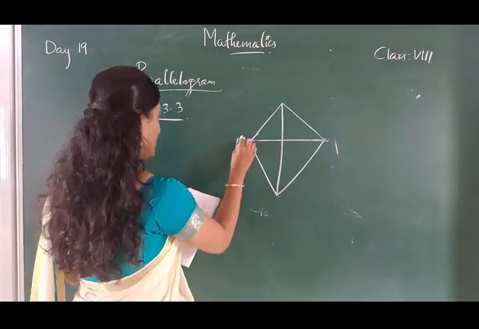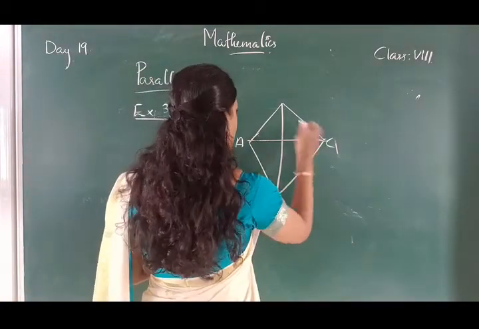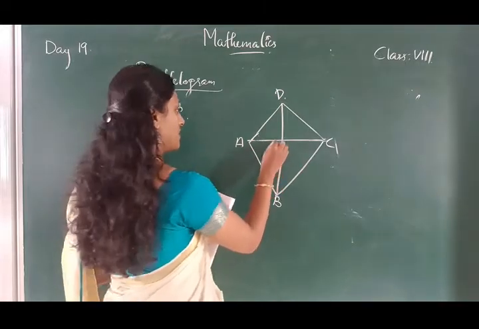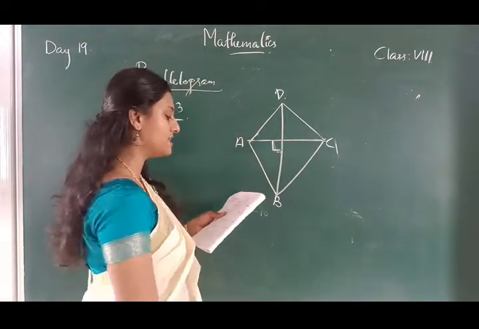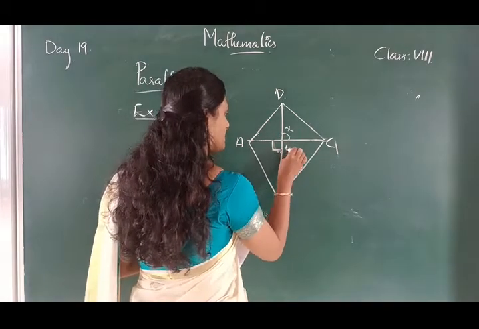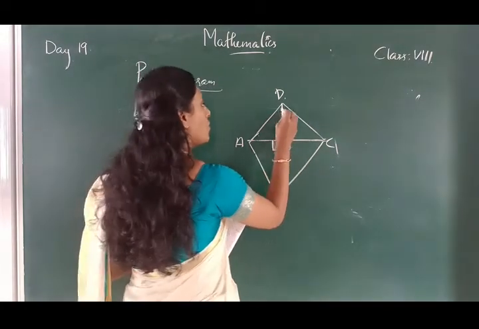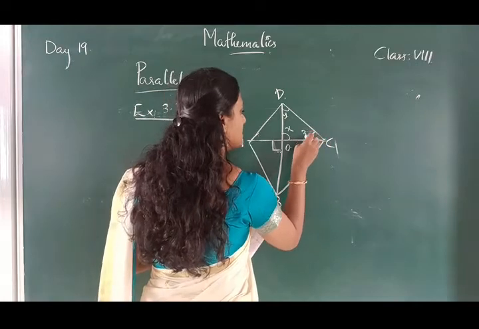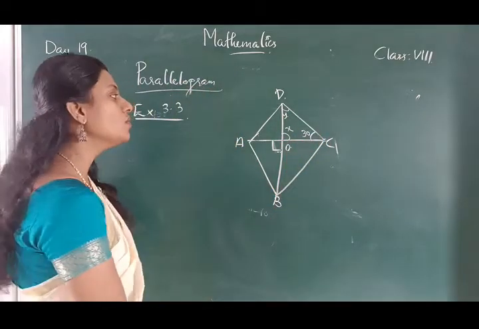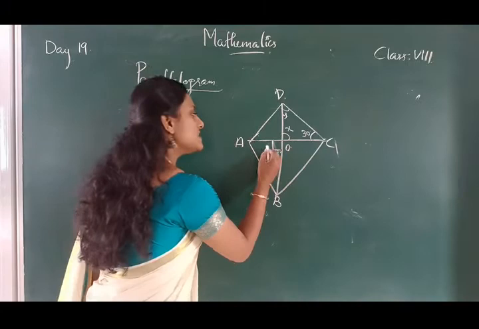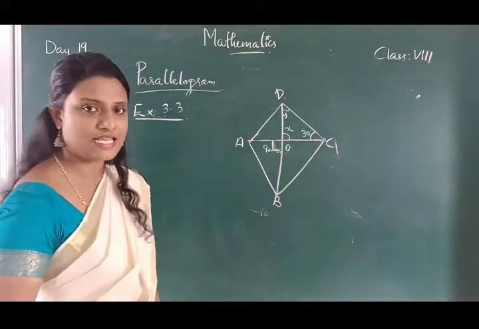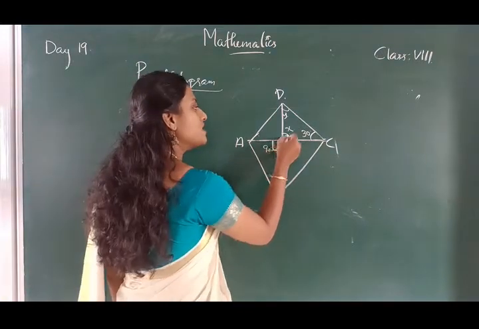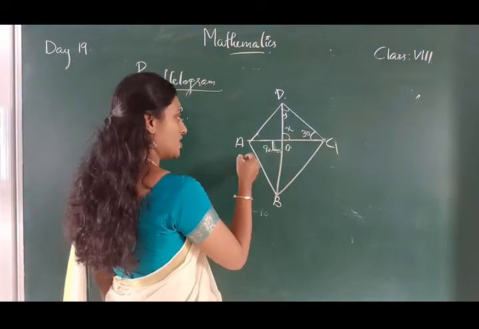This is A, B, C, D. This is the quadrilateral. This angle is 90 degrees. A square-shaped angle means its angle is 90 degrees. This is X. Then Y. And this is 30. Okay. Now what is X? This is 90 degrees, so the 90 degree opposite angle is X and opposite angles will always be equal. What is the reason?